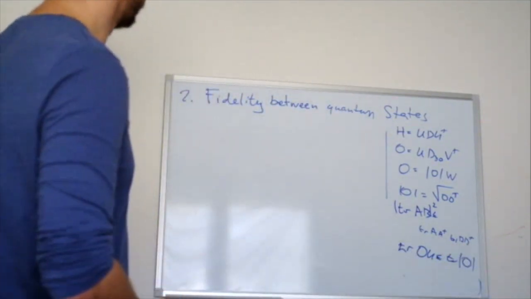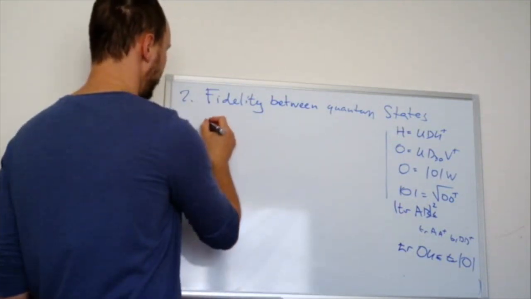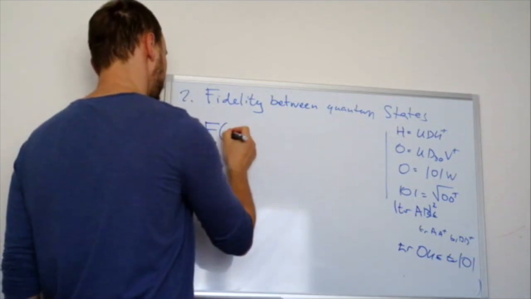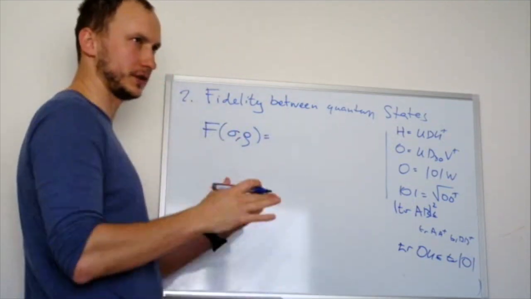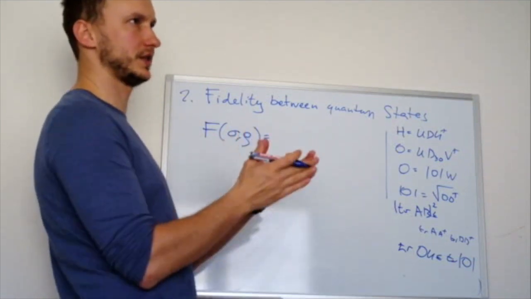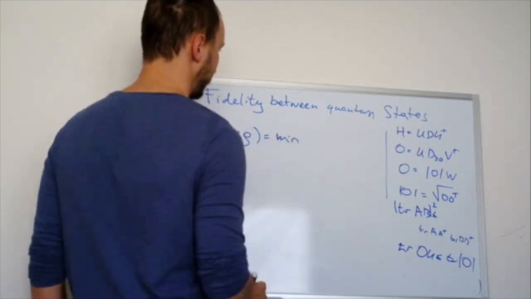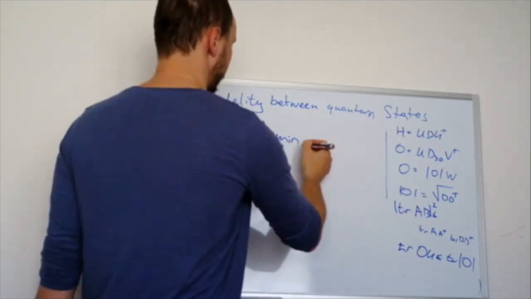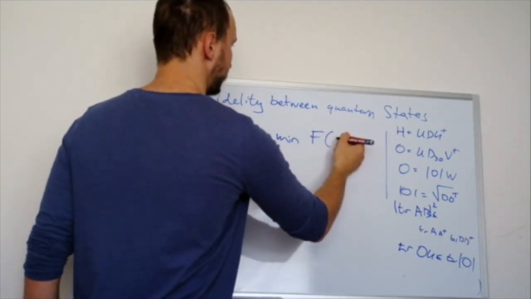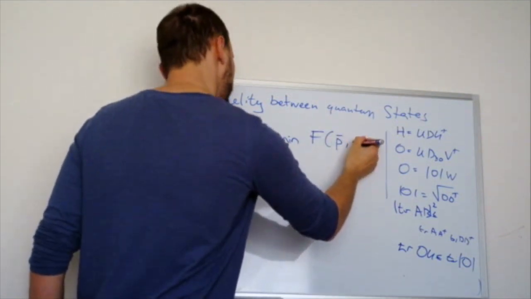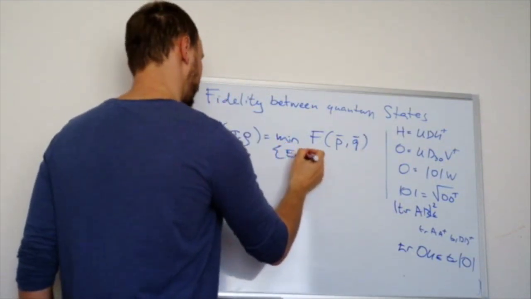Now we are finally ready to attack this thing that the fidelity is. So what we want to show is that the fidelity of operators between quantum states, which we just showed, right, is actually equal to the best case. So fidelity, now remember, it's like the opposite of the distance. So if the states are far away, the fidelity is small. So this should be kind of the minimum. So the further away the states are, minimum fidelity between probability distributions, so P and Q,